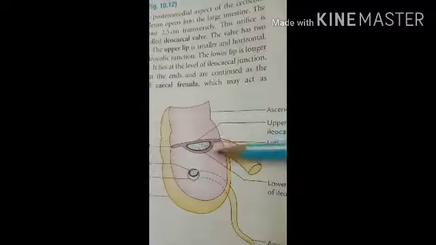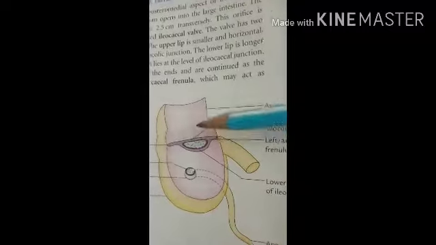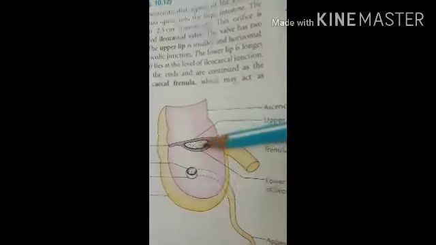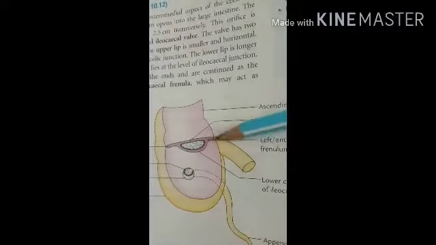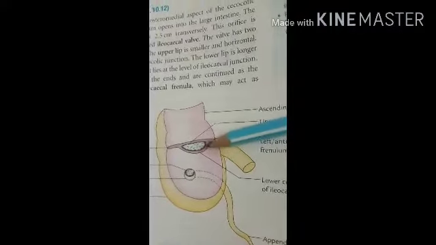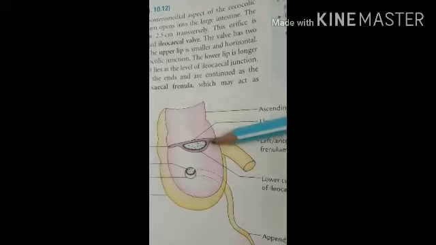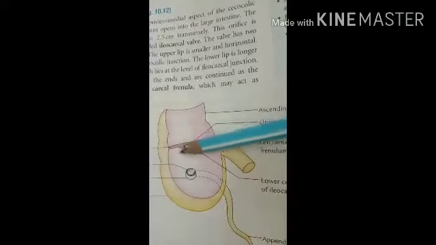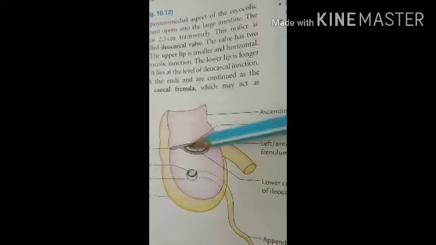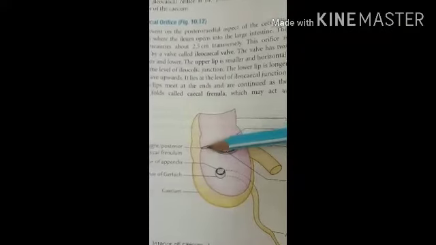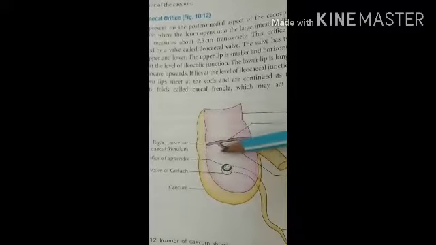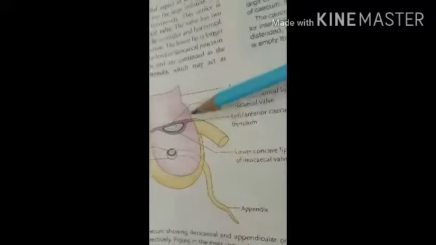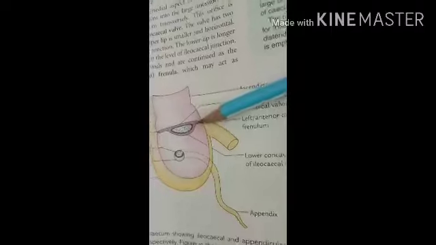The ileocecal valve has two lips, this one the upper lip and this the lower lip, and has two frenula. Here you can see the upper and the lower lip, which join to form the frenulum, and here on the lateral side they form the upper and lower limb, and here the frenulum. So that is the right posterior cecal frenulum, and this one is the left anterior cecal frenulum.